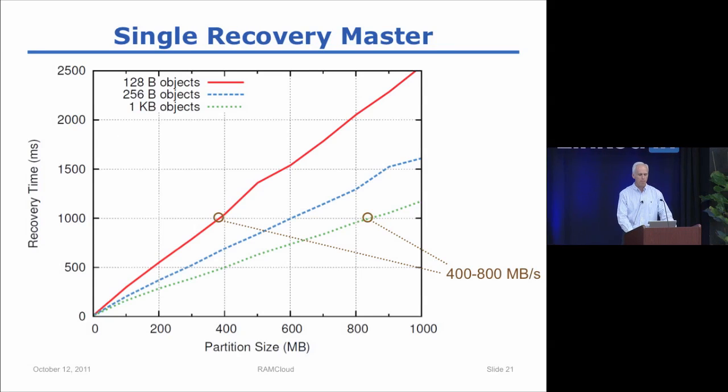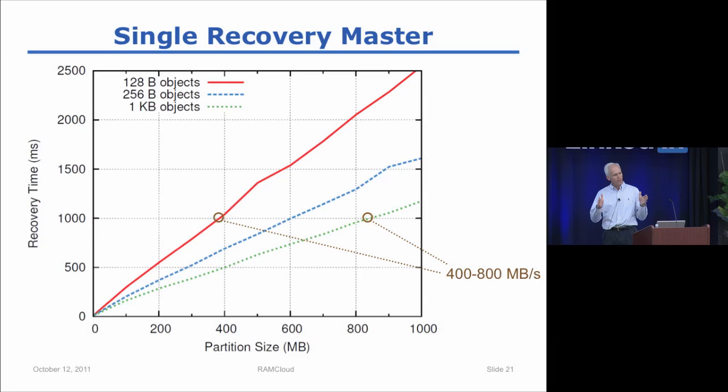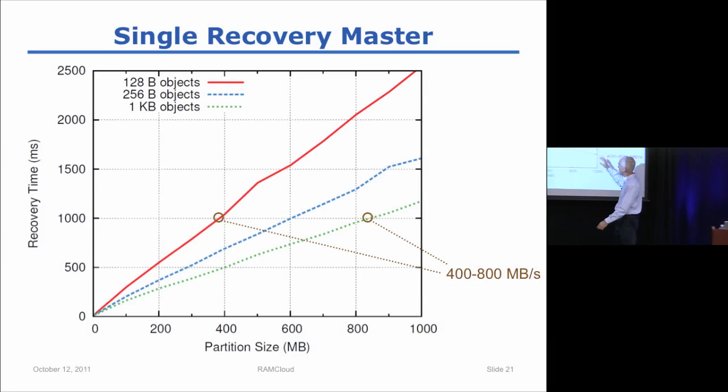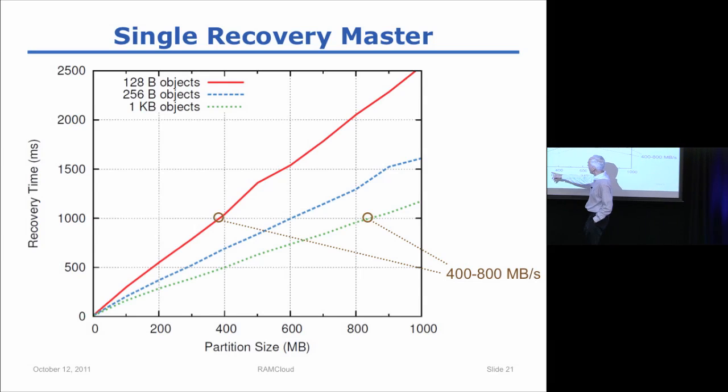What I thought I'd do is give you just a couple of measurements of recovery so you can see how fast that really works. The first measurement indicates how much information a single recovery master can handle. What we did is we created a server with data on it. We crashed that server. All of the server's data is in one partition, gets assigned to one recovery master, and we have, I forget, a large number of backups available. I can't remember if it's 30 or 60 backups available. So there's tons of disk bandwidth and tons of network bandwidth. The only limitation is the NIC on the master and the CPU in terms of how fast it can process the log. And then you can see how long recovery takes.